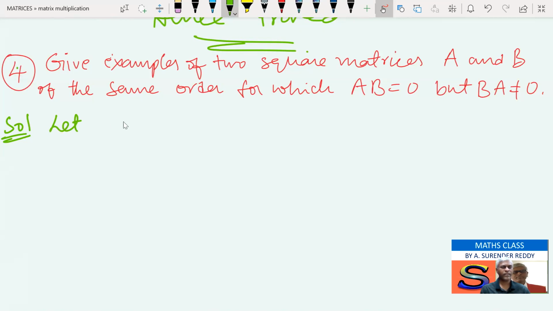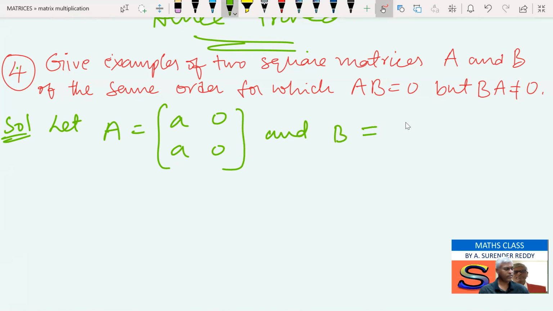Let the first square matrix be A, 0, A, 0, and the second square matrix 0, 0, A, A. In place of A, you can take 1, 1, 2, 2, 3, 3 or 1, 2, 2, 3. You can take any numbers in place of A; it still works. Now let us multiply